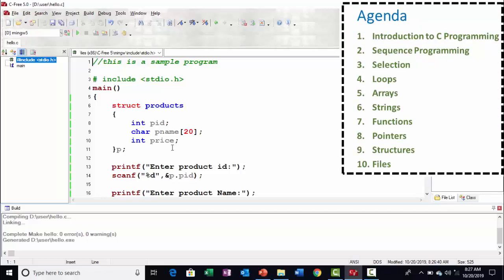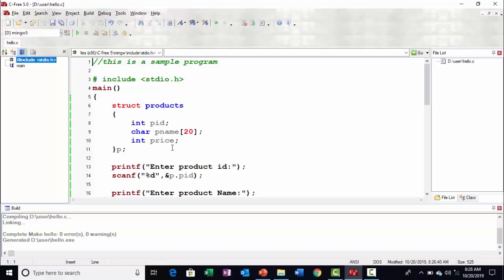So there are two types of files. One is the text file, and the second one is the binary file. Text files are a very basic concept, and as we are working with the structures example, if I want to explain this example in files, then we have to work with the binary files concept. So what I'll do is I'll change this program into a binary files program, and that will be the introduction to